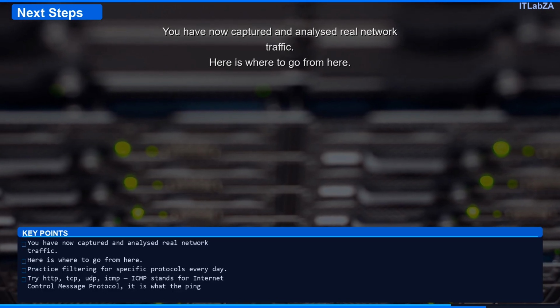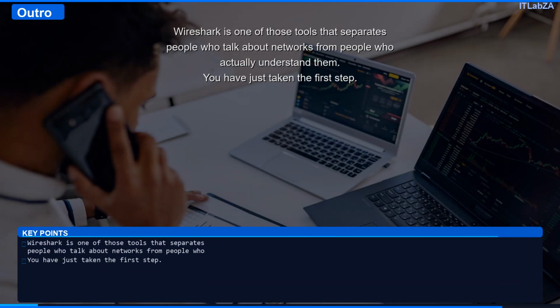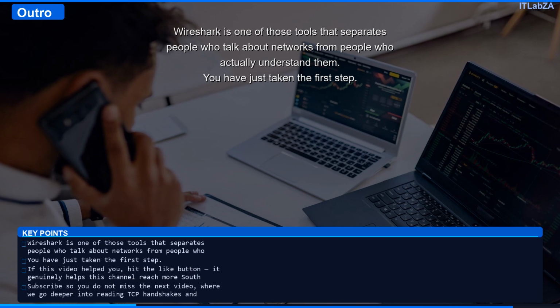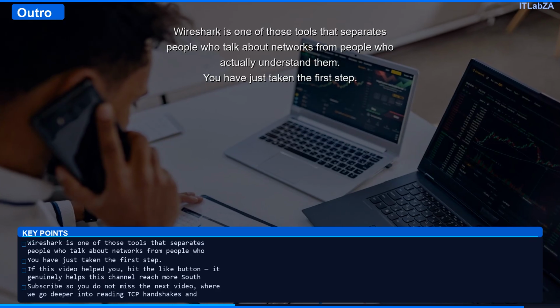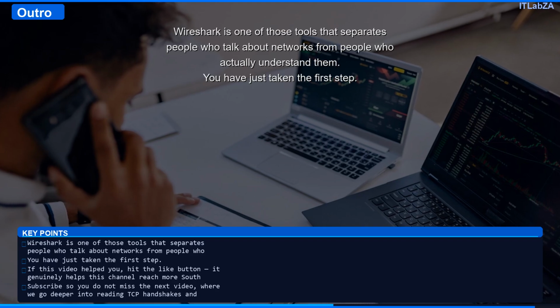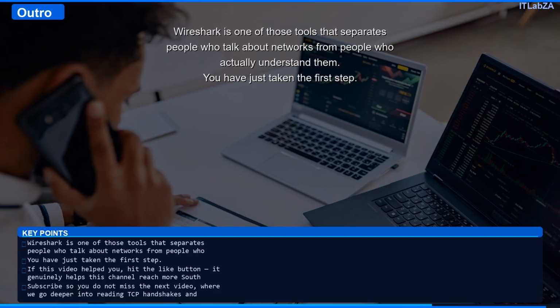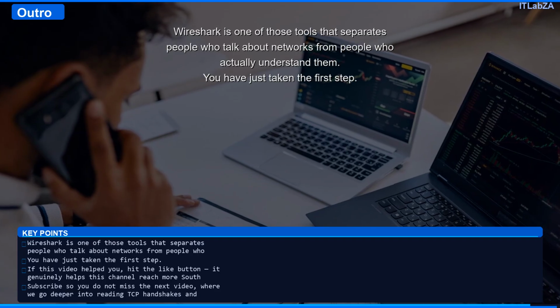Second, security. You can use Wireshark to detect suspicious traffic on your network, unusual connections, unencrypted passwords, rogue devices, all visible in a capture. Third, learning. If you are studying for CompTIA Network Plus or Security Plus, Wireshark brings theory to life. Seeing a real TCP